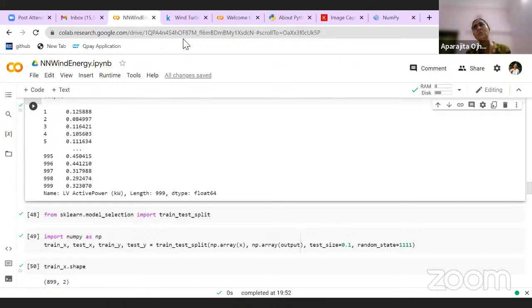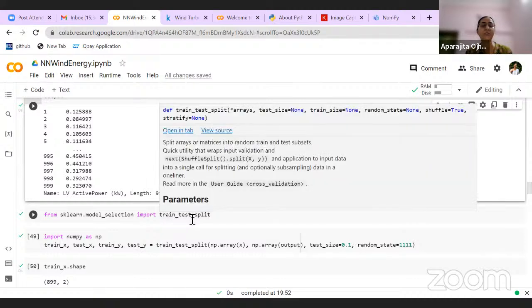It also has a lot of code available. So from sklearn, we are using the train test split function. As you can see,